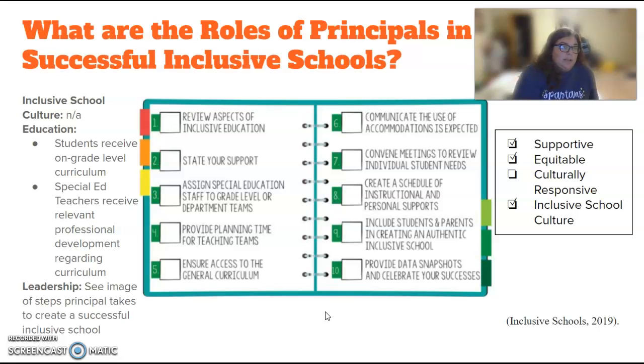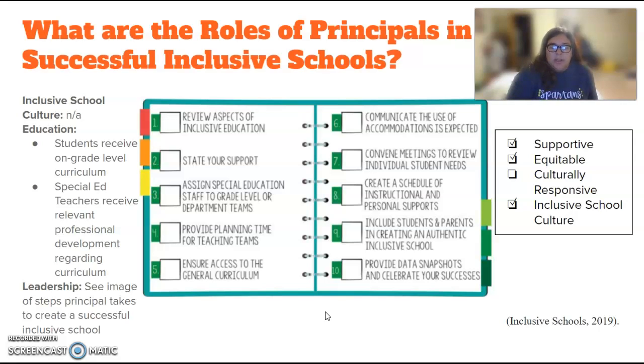I thought that the image that they gave in the article was very good, and it talked about 10 steps that they needed to do. And I really liked how they talked about the dates of when you should be accomplishing this and how it should go from year to year. One of the benefits of our school is I have the same kids 5 years in a row, so I really know my students.